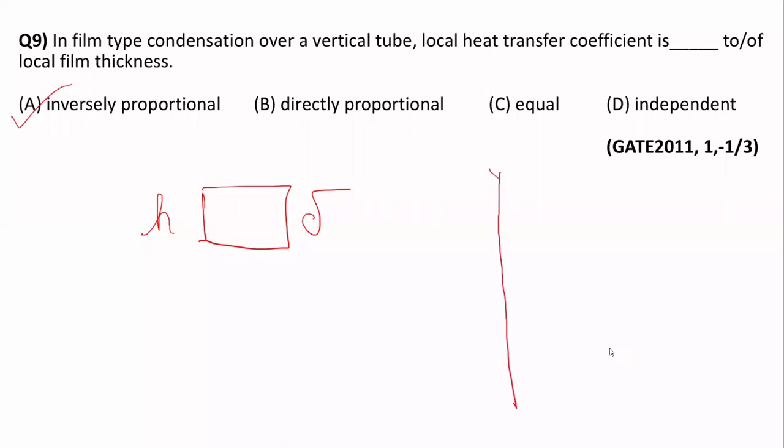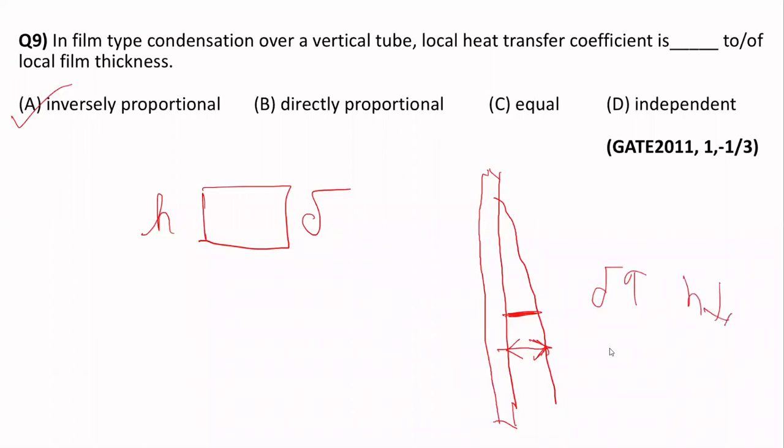So if this is the particular plate or surface, vertical surface, as the film thickness increases, this is increasing the resistance of the film, and that is reducing your H. So as delta is increasing, your H is getting reduced because